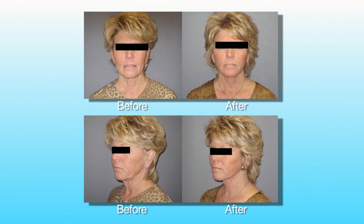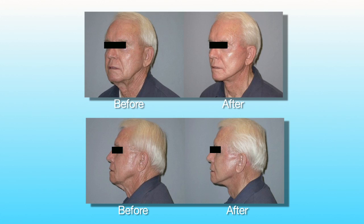So what's been changed with the mini facelift over the last 20 years actually is that the incision is generally made right at the hairline. People wonder, does that make the scar look more noticeable? Absolutely not. When the scar is right at the hairline, you don't see it, you don't affect the hairline, and you keep your youthful sideburn so that you look like you have a normal appearing hairline. And then in the back, we can generally keep the scar shorter than was traditionally possible,